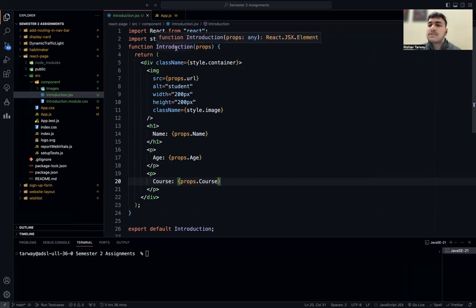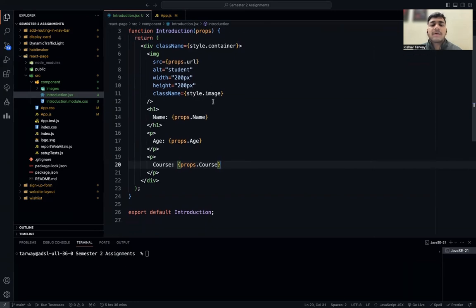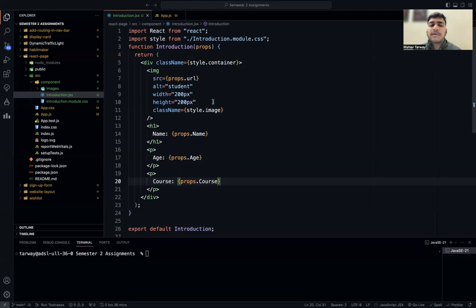So what are the components we're talking about? Components in React are simply functions. Whatever components you create, you're going to use them in your app.js, where you're going to call them. So this was all about the components which you are creating. So to make a structural format for your